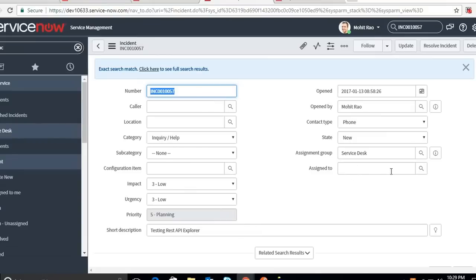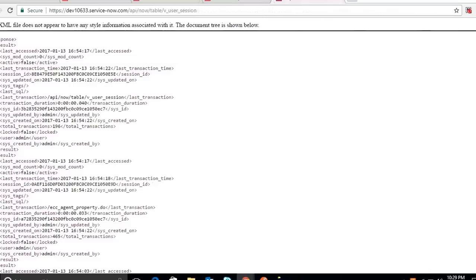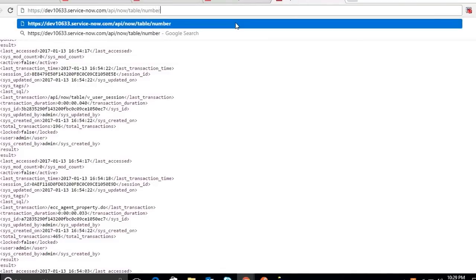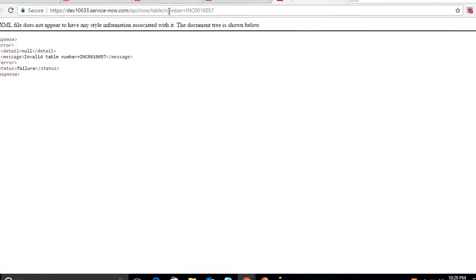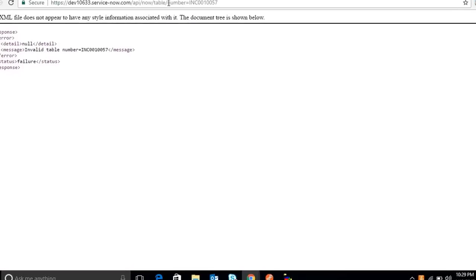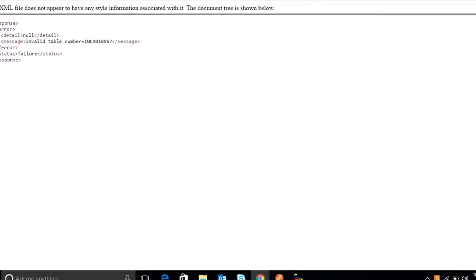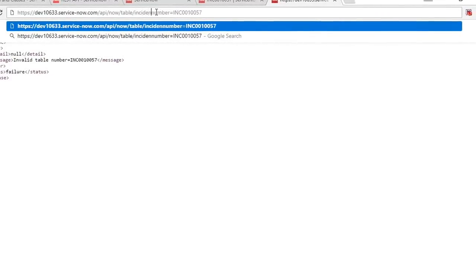So whatever fields are here, you can populate those fields, right? I'll go here, I'll type number equal to this. Sorry, I missed out the table. Incident. This.